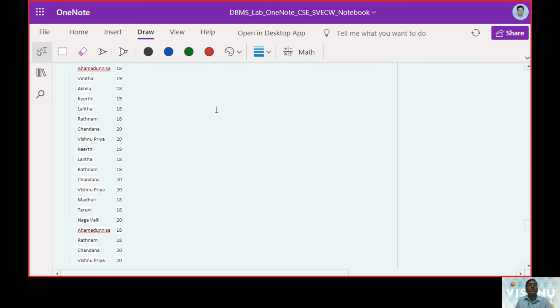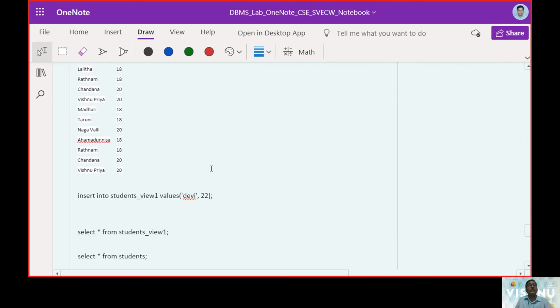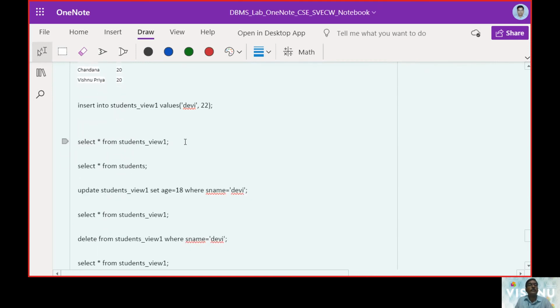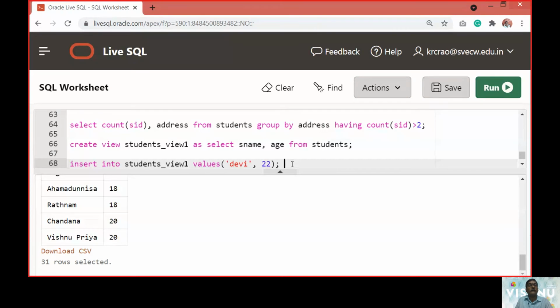The table we were taking was student name and age. We were taking student name and age as the first view. So we will use this insert command and check whether this insert is going to take place. One is pointing to the name, another is pointing to the age.